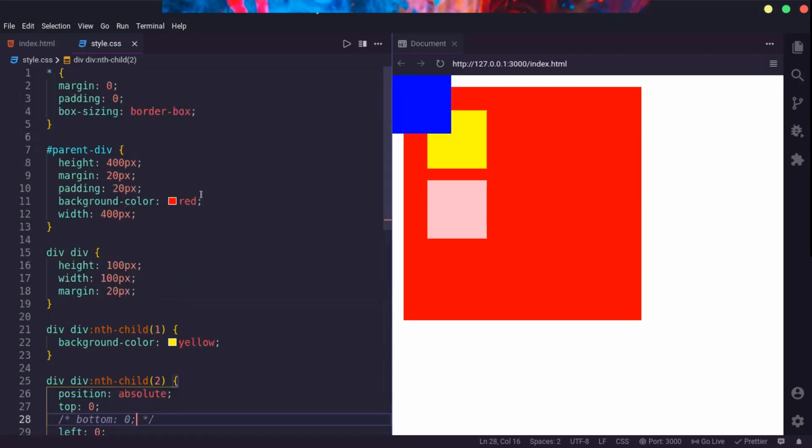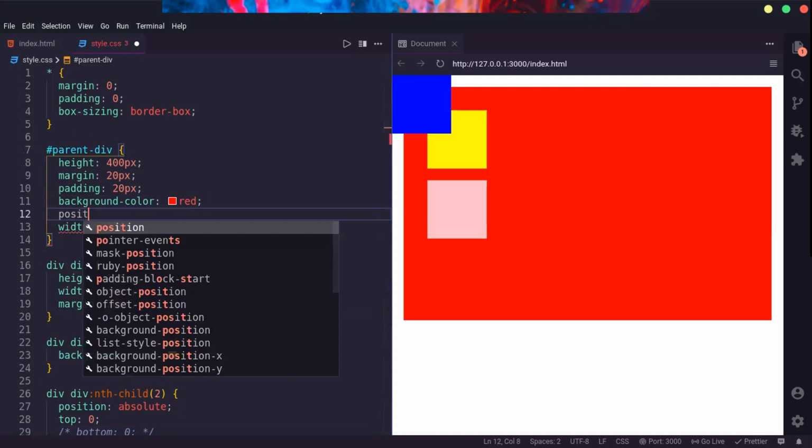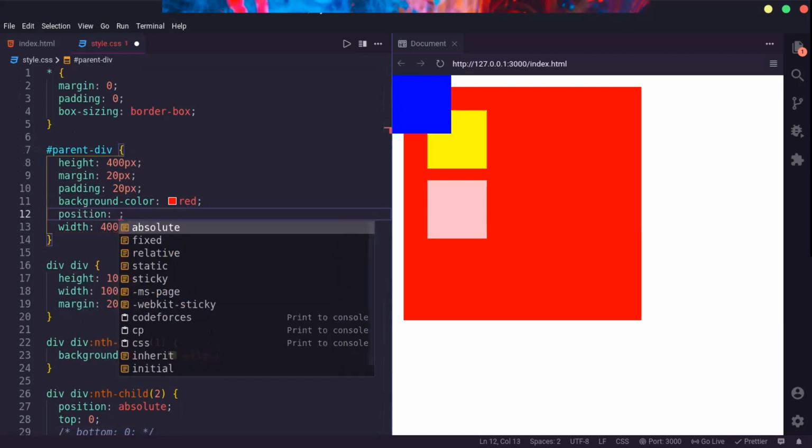Now suppose you want this div, which is currently placed at the edges of the body, to be placed at the corner of this red div. You can do it by making this parent div non-static.